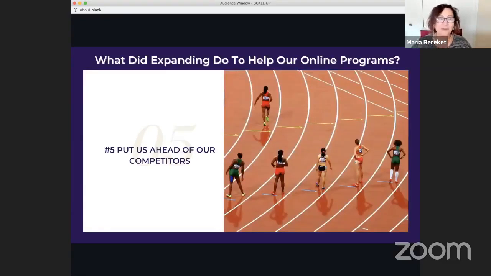Competition. Who doesn't want to be ahead of their competition? Right now, because of the pandemic, we're all thinking about online learning. We all understand Zoom. We're all learning things that a year ago we didn't even understand. So how do you get ahead of your competitors? Well, you go places that they're afraid to go or that they don't know how to go to. So those of you on this call and those of you listening, you're learning something that your competitors don't have.